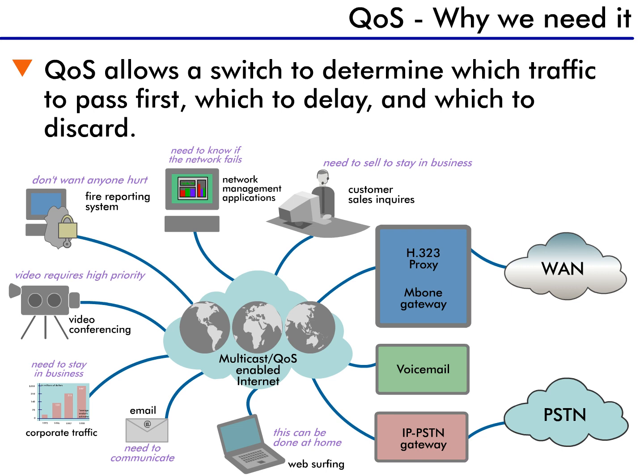As I just mentioned, a switch has a lot of traffic entering it from many ports. However, this traffic is normally headed for only a few outbound ports. So, with so much traffic competing for so few ports, some traffic will get delayed or discarded. QoS allows a switch to determine which traffic to pass first, which to delay, and, if necessary, which traffic to